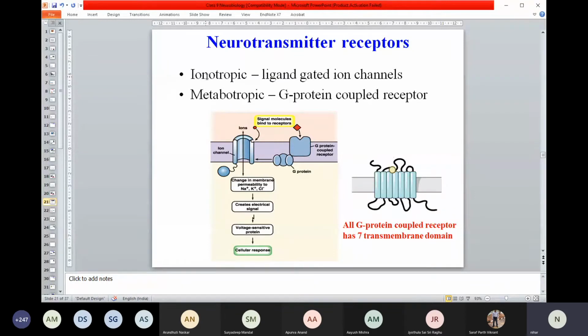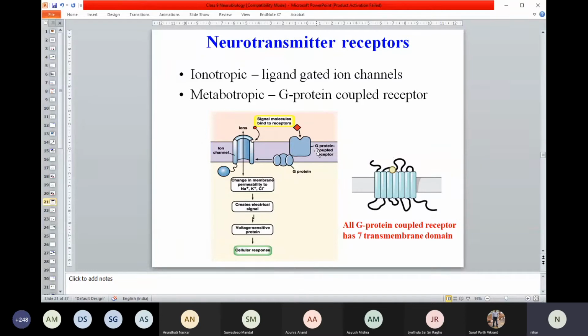Ionotropic type act very fast. The metabotropic type takes some time to produce some event. They are called G protein coupled receptor. If you want to know a little more detail, this is the typical receptor that binds with the G protein. That's why it's called G protein coupled receptor. And a G protein coupled receptor by default will have 7 transmembrane spanning domains. This structure is very, very unique. So G protein binds with that. Okay, so that's how two groups of receptor you can find. Whatever neurotransmitter you see today, they can be working in these two kinds of receptor.